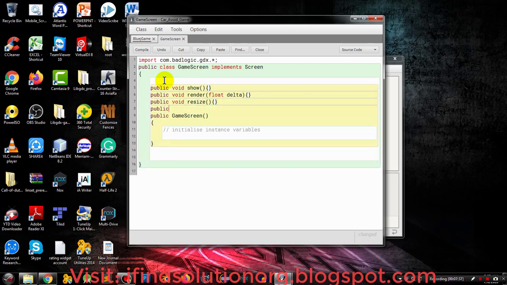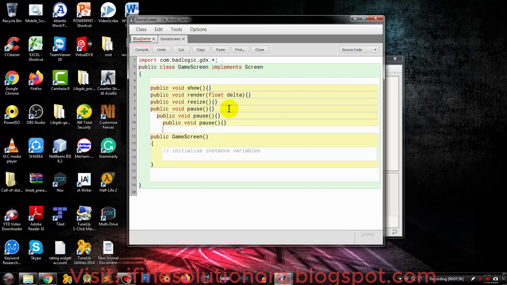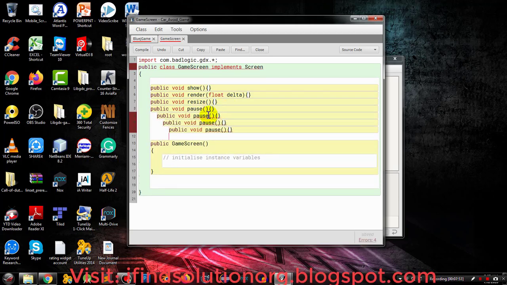Need to override public void pause. We can just copy and paste instead of typing it one by one. So we can just do the resume,